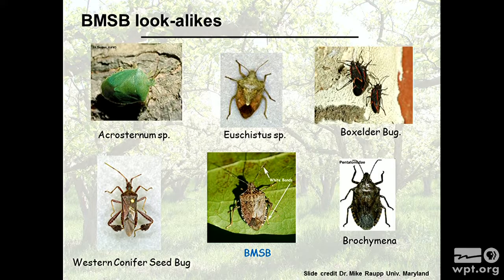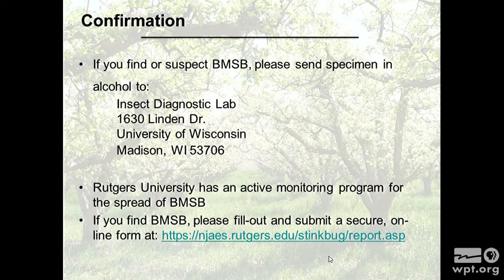So we'll be able to keep track of that and help you make sure the one in the lower middle here is BMSB, and it's not necessarily easy for an untrained eye or somebody panicking. So we'll be happy to give you some information of what it is. And so PJ Leash, the insect diagnostician, can help you. And Rutgers University has a big program there, so you can report to them if you want to. But report to us, that would be great.